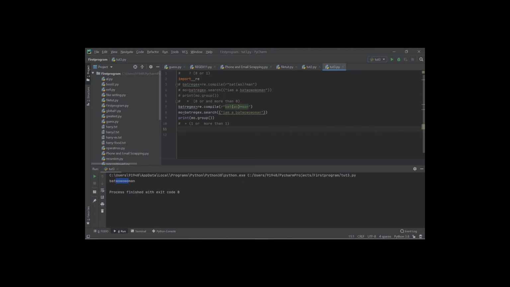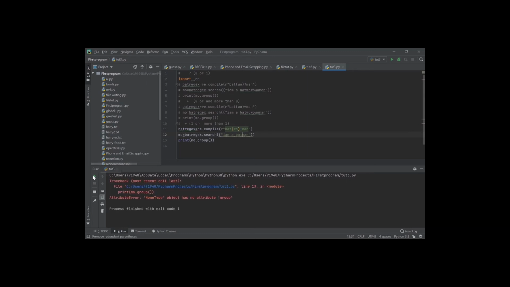Let me copy this one, Control C, and paste it over here, Control V, so that you can see this code forever. I'll comment it out. Now let me give the pattern with plus and run it. See, there is no error and it detects the pattern one or more times. Let me show you what if I give 0, then it will return an error. An error message will pop up. Now we have understood the importance of the question mark, star and plus characters.